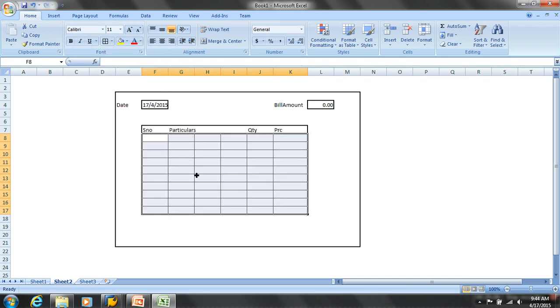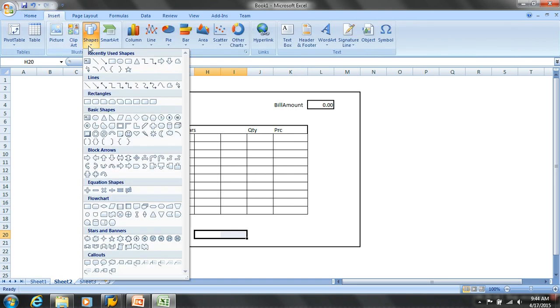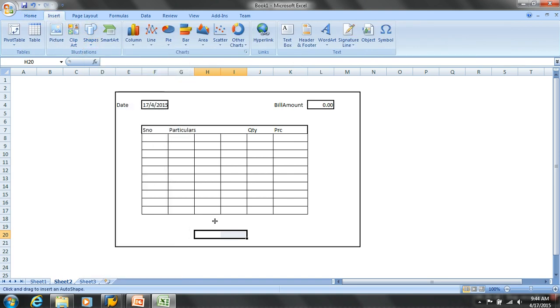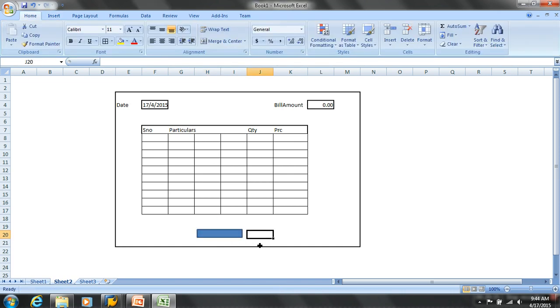She'll be scanning through and it will be formulating it, and she'll have a button like save.